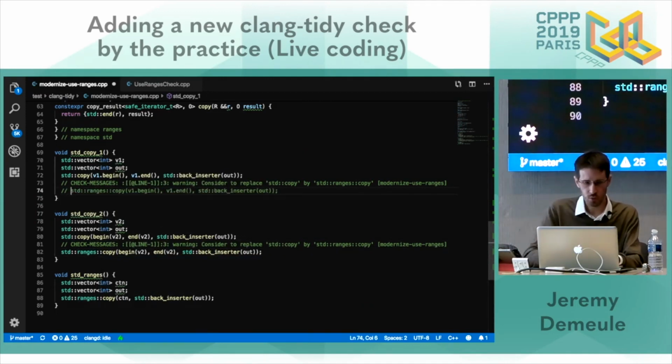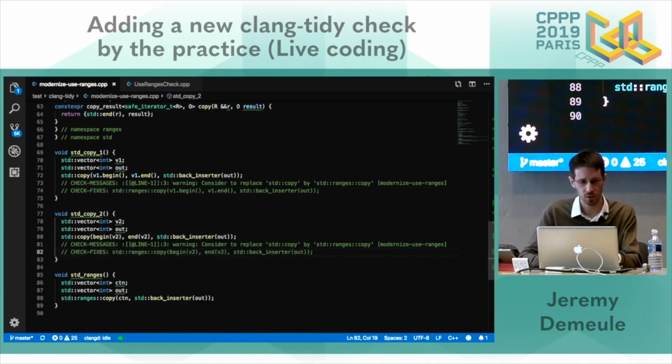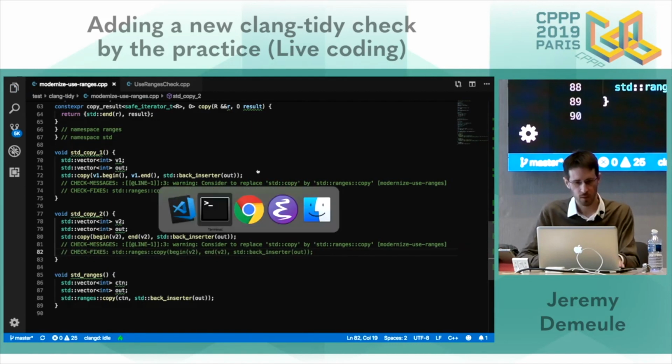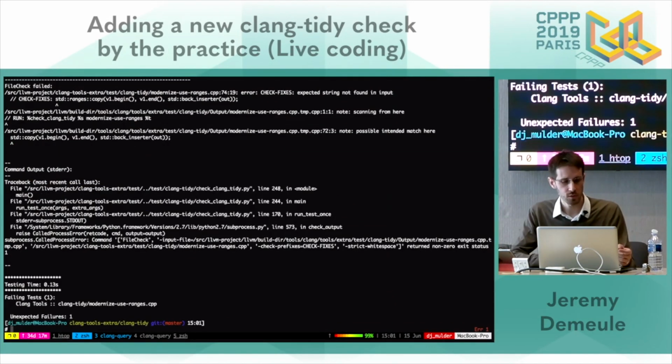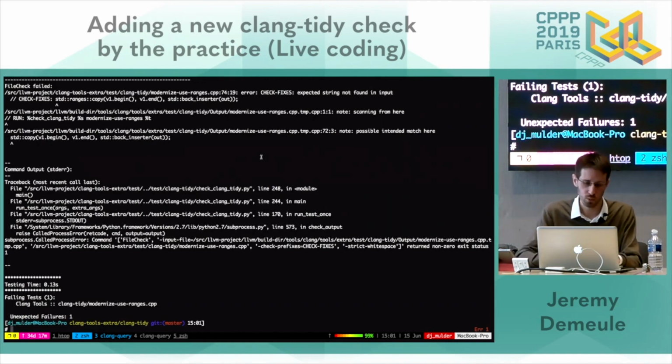I will add a new assertion, and this time I want to check that the fix generated is this one on both cases. So I add check fixes. To be sure, now the test is failing as the fixit is not produced.